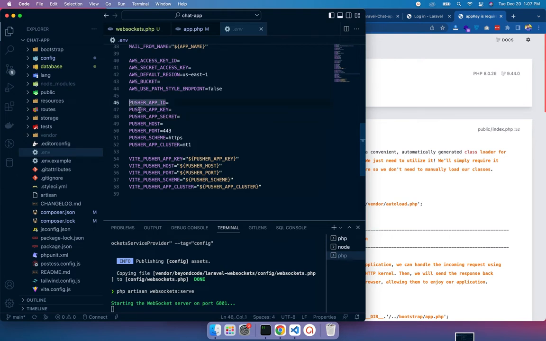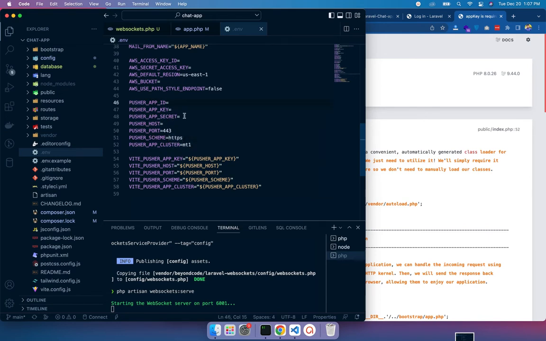Actually, as we are using our custom Pusher implementation, you can give some demo or fake values, but let's give some secure values so that no one can easily access the Pusher implementation on your server.